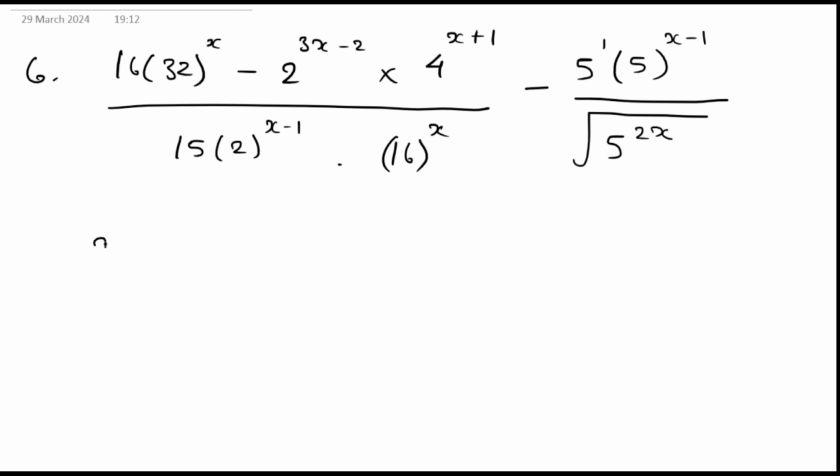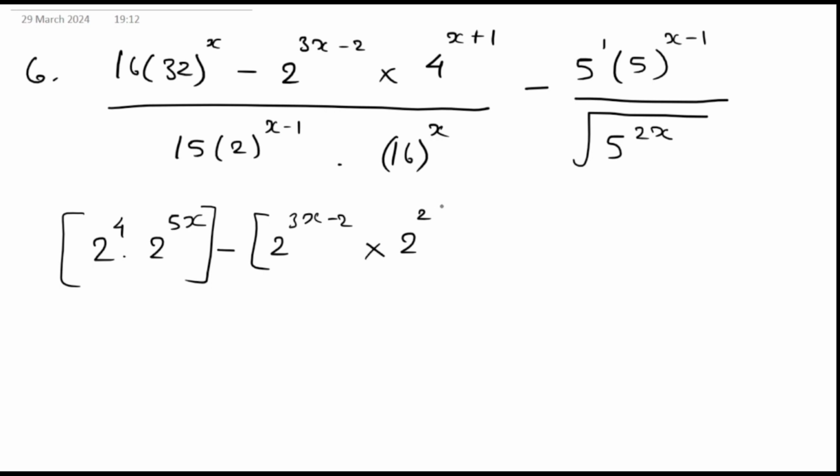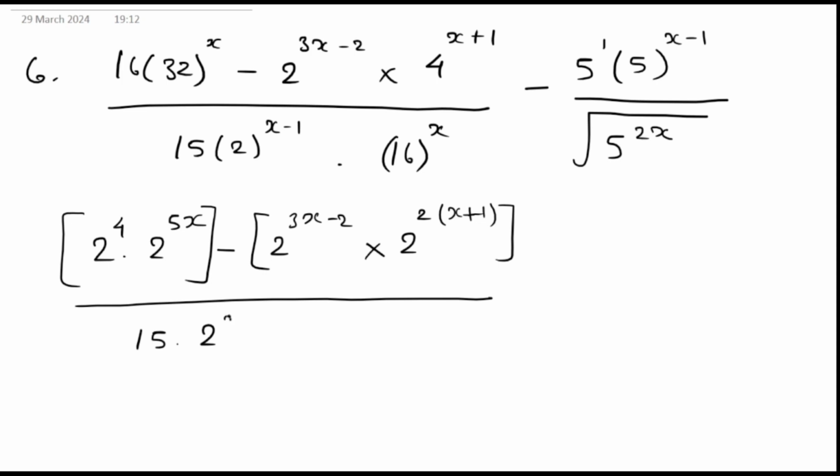So 16 I can write it as 2 to the power 4 into 32 I'm writing it as 2 to the power 5, and there is an x in the power. So this will become 5x minus 2 to the power 3x minus 2 into 4 I'm writing it as 2 to the power 2 into x plus 1, the whole divided by 15 into 2 to the power x minus 1 into 16 I'm writing it as 2 to the power 4x